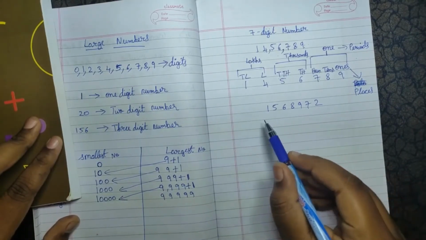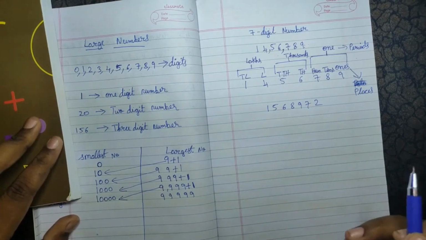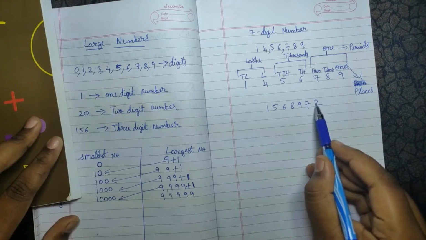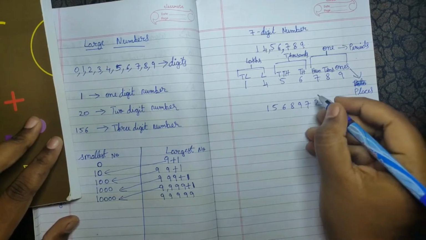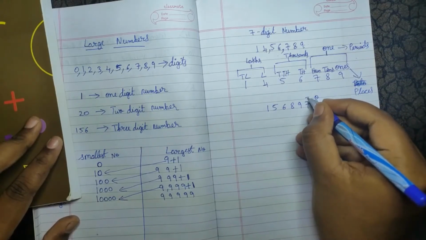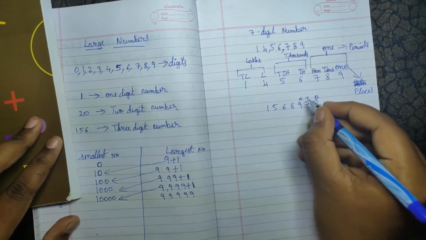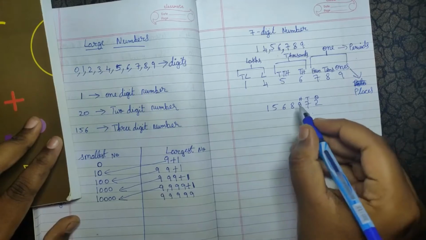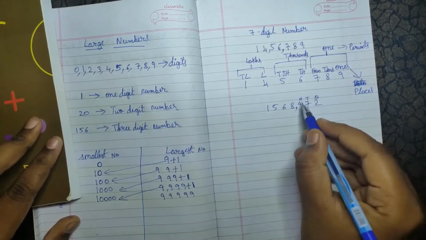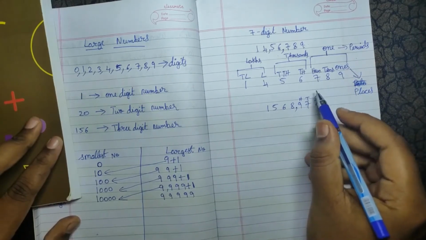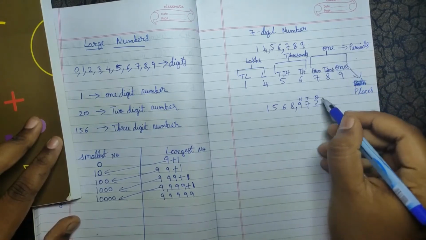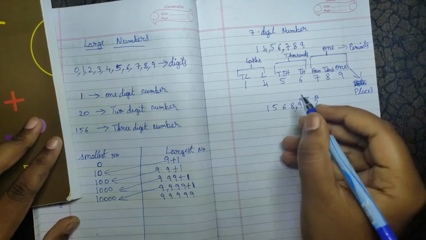Put the commas according to the Indian value system, they will ask. How will you put? After the first three numbers. This is ones place, tens place, hundred place. After ones, tens and hundred place I will put one comma because this is under the ones period. See, ones period I told, no? These three are under the ones period.